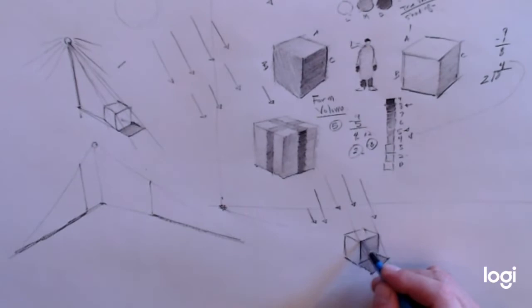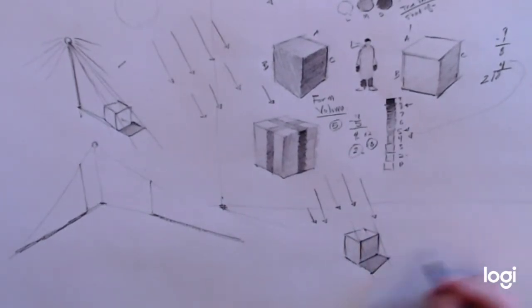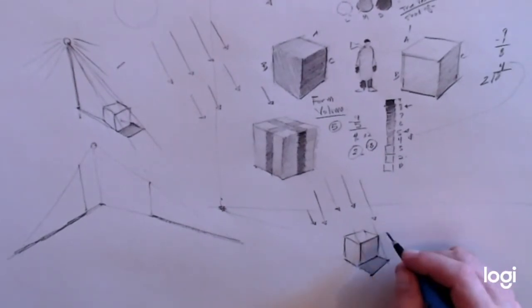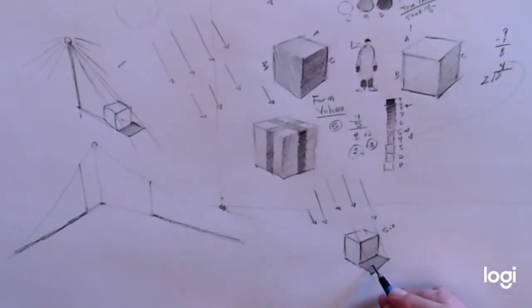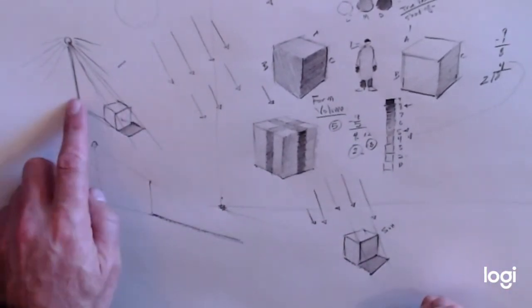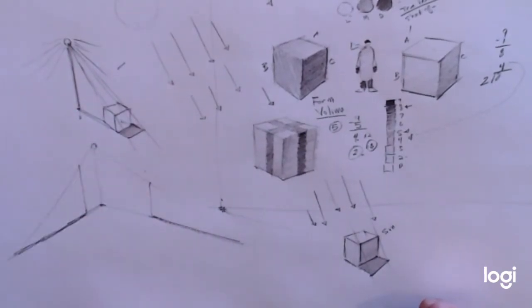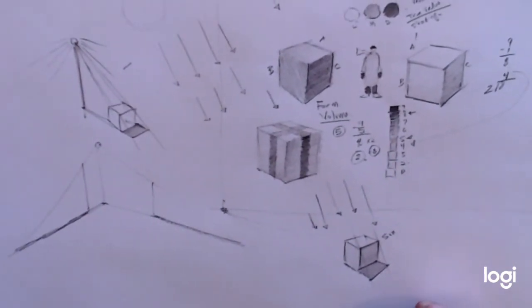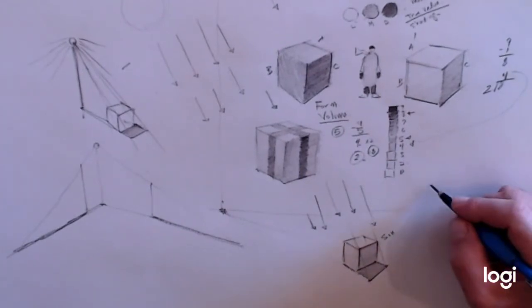Okay. And so this is the sun casting a shadow, and this is a lamplight casting a shadow. Okay? Now, what happens if we have